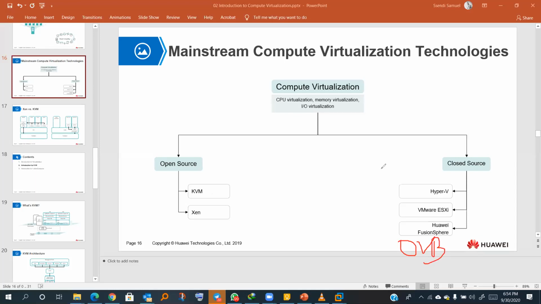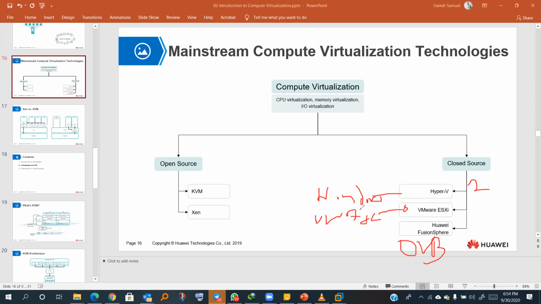Then we have Hyper-V. Hyper-V is by Microsoft, and it is installed along with Microsoft Windows. So it makes it type what? Type 2. Awesome. And we have VMware ESXi by VMware, and it does not need to be installed on top of any operating system.